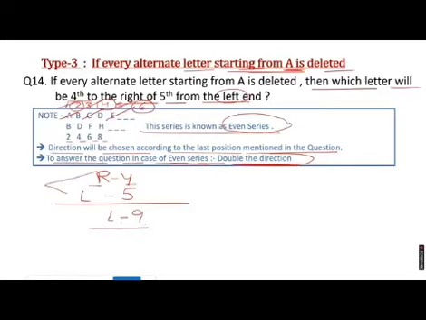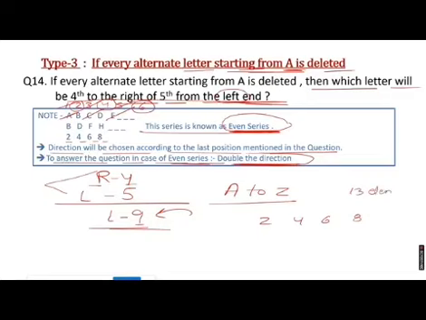So here the answer will be ninth alphabet from the left, right? But here it is asked which letter will be fourth to the right of fifth from the left end. And here the series is not normal. In case of a normal series, when all the alphabets are present, the alphabet on the ninth position will be your answer. But here the series is quite different, as it is an even number series, like 2 4 6 8. All the elements are not mentioned over there. Only 13 elements are there in the series now.